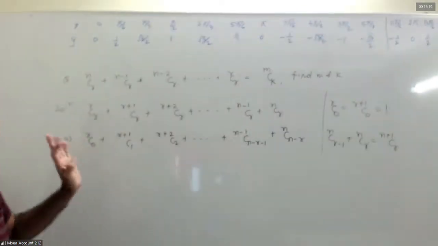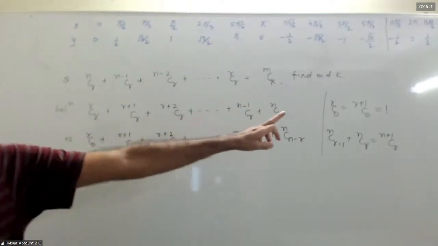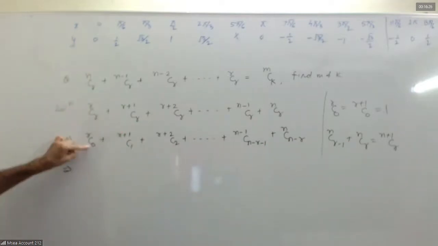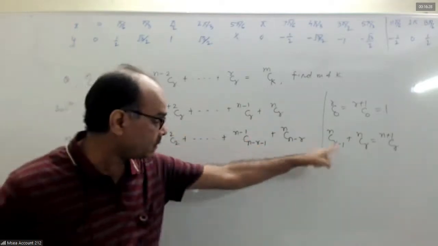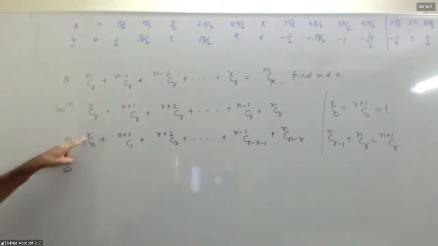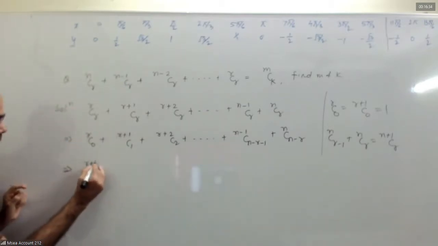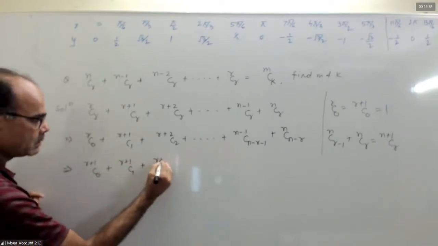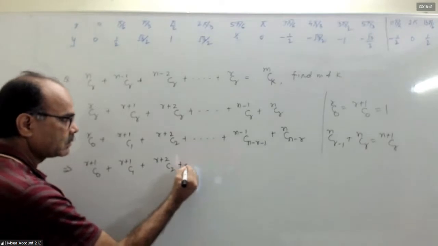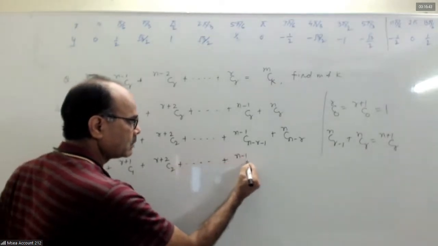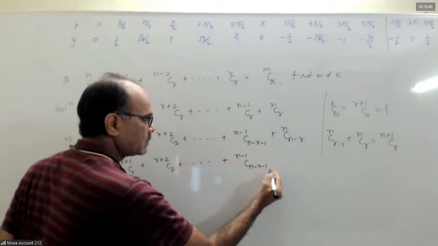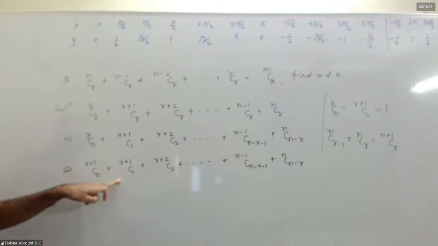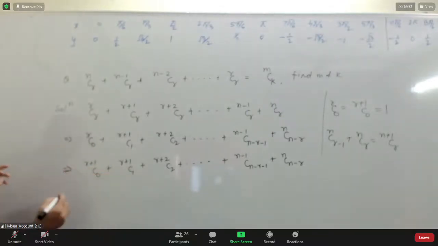Since RC0 equal to R plus 1 C0, both the values are equal to 1, so just use this result. I can write RC0 as R plus 1 C0. This will be R plus 2 C1,